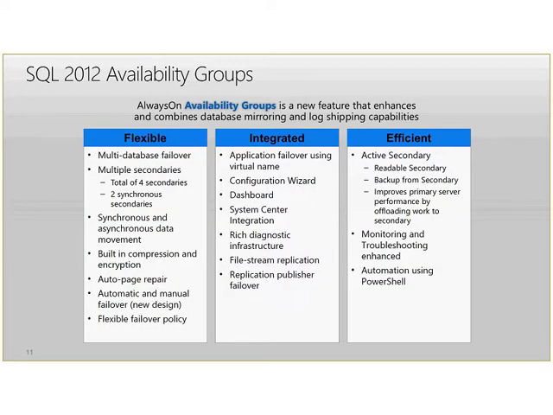So to review, I'm not going to spend too much time on this because we're going to go into a lot of this in detail during our demo. But some of the changes that we've made and some of the really nice features are we have a total of up to 4 secondaries per environment now, where 2 of those secondaries can be synchronous, and the other 2 would obviously be asynchronous. From an integration perspective, we've also got the automatic failover capability that I mentioned earlier, where